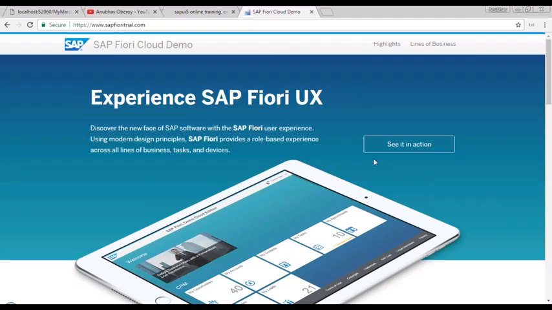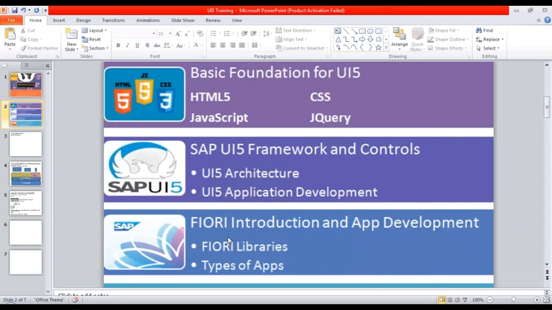But you can achieve the user experience by designing a good user interface. So this is the free website. You can really go and check out some SAP Fiori. I'm going to give you some idea about it before we start the Fiori unit. But still, that's a long way to go. If you really see, Fiori comes as the third phase of our training. Still, you've got to overcome these first two phases,